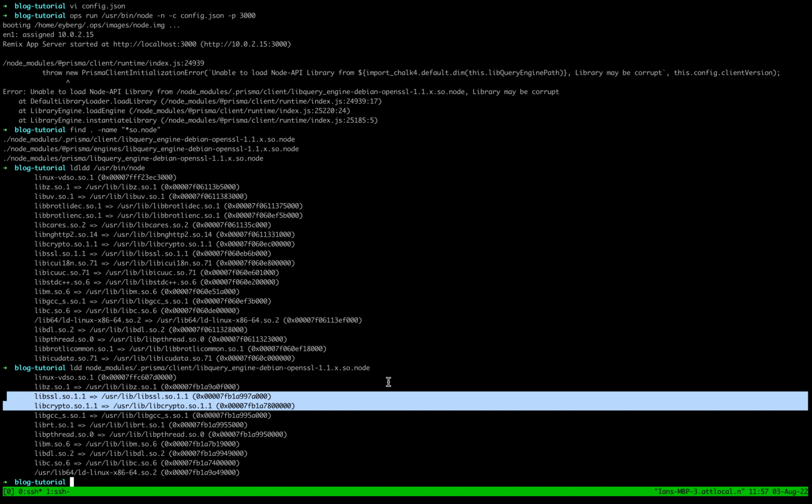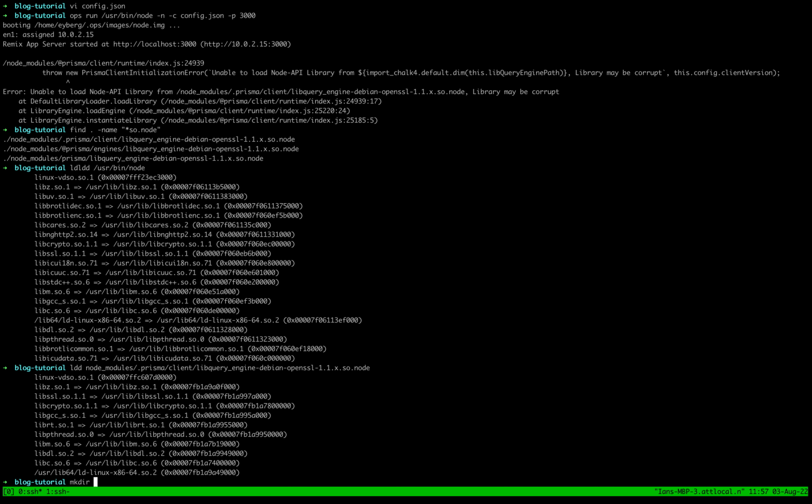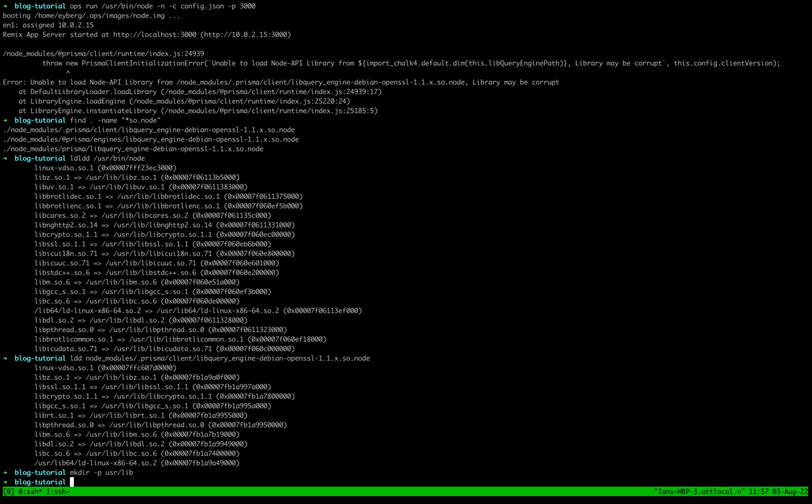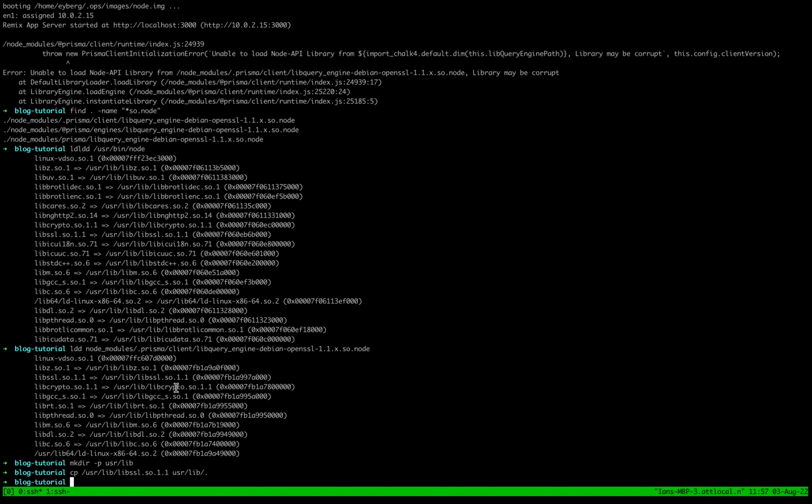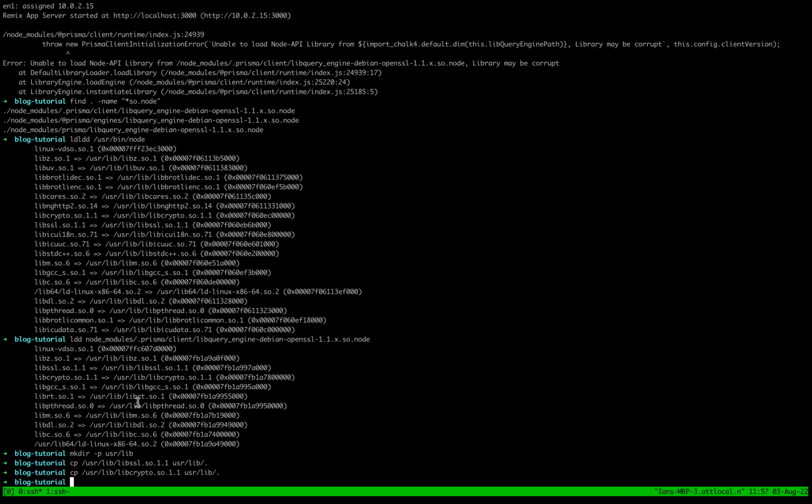And so what we need to do is basically copy them over. So I'm going to do mkdir usr/lib. You remember seeing that directory of usr in my config JSON. And then I'm just going to copy these over, right? Copy, and then copy. Now, generally speaking, I need to copy these others over as well, but if you look really quickly,